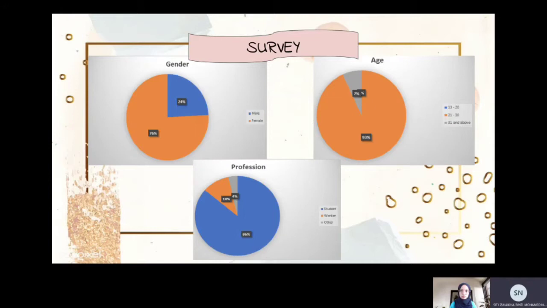For the age of 21 to 30 years, we got 93%, and the age of 31 and above, only 7%. For the profession of the people who did this survey, students are 86%, workers 10%, and other professions 4%.